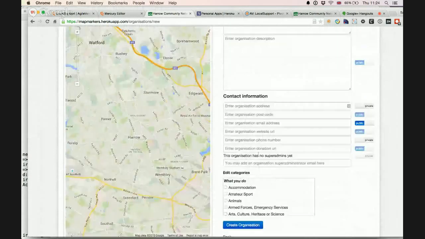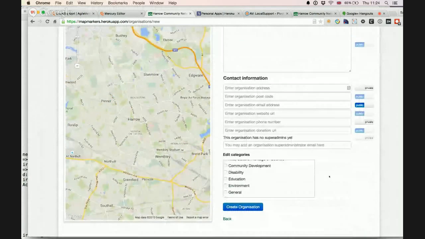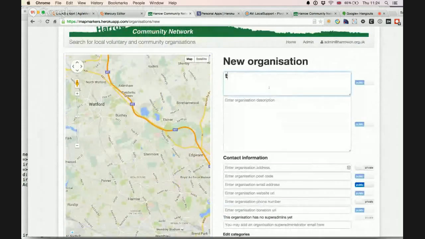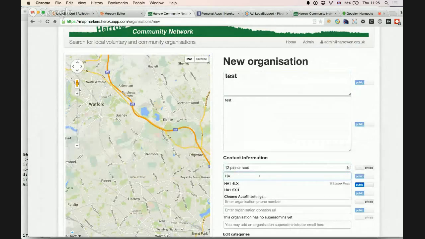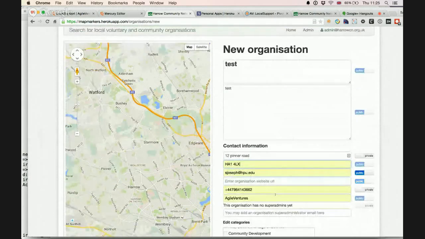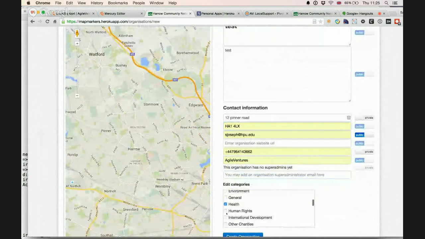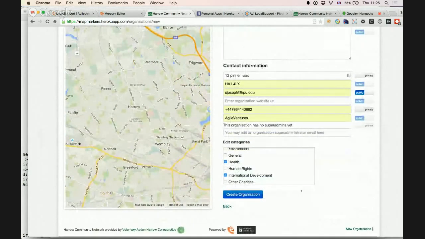Anyway, rather than showing the flow on two browsers, so new organization is added. And we can even test the thing there. This is what you were doing when you were creating the new organization the other day.